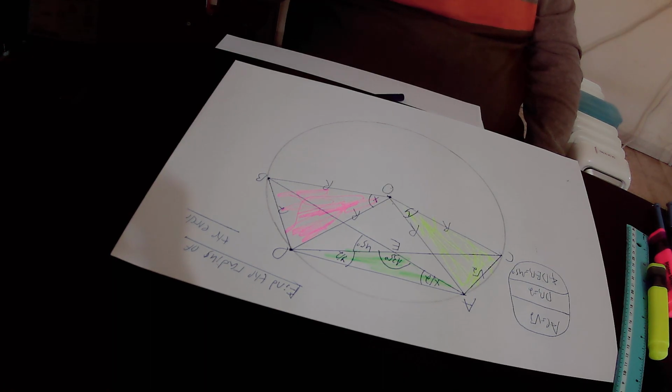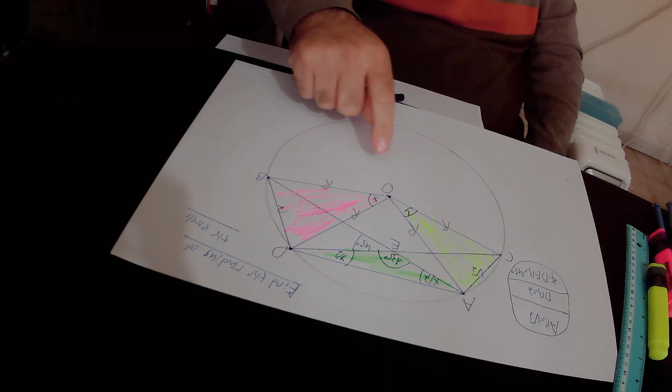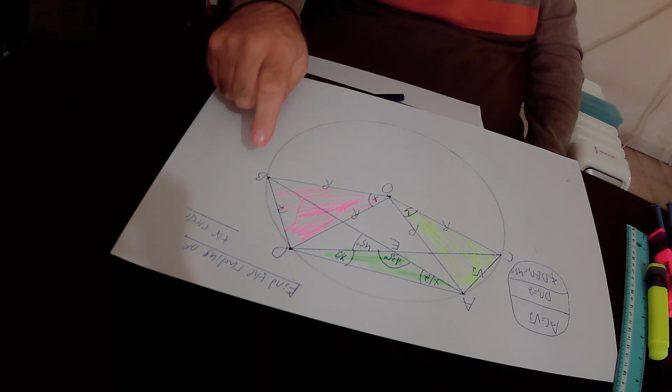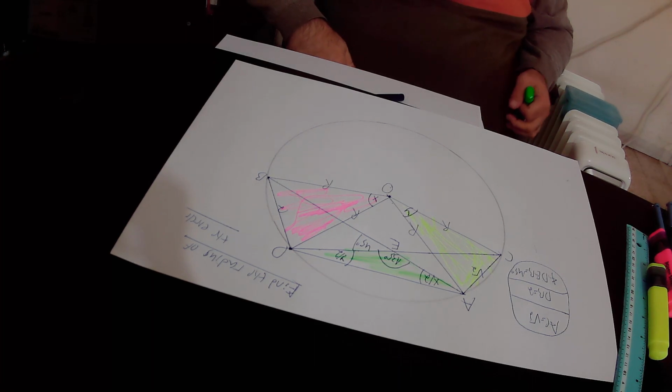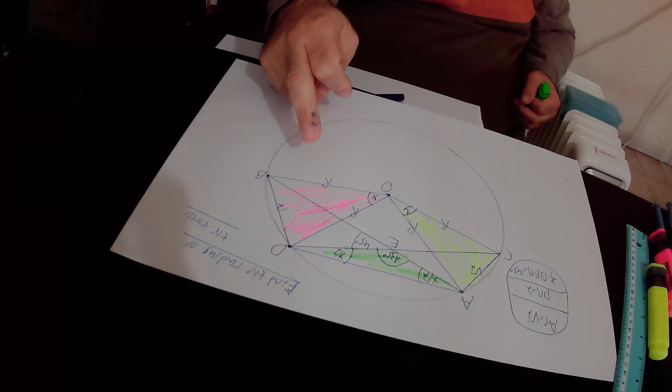Because all the diameters of a circle must pass through point O, the center of the circle. And because chord DB doesn't pass through point O, chord DB is not the diameter of the circle. We also know that the diameter of any circle is the longest chord in the circle. So the diameter 2R